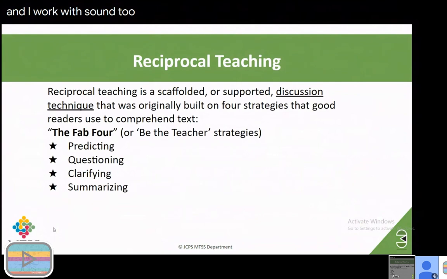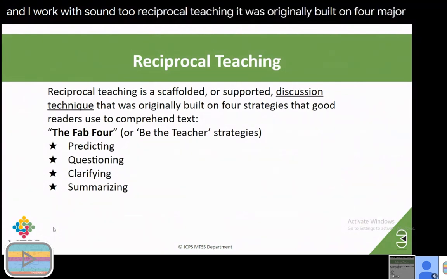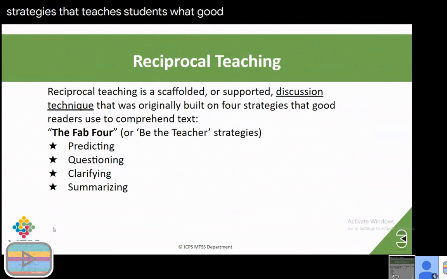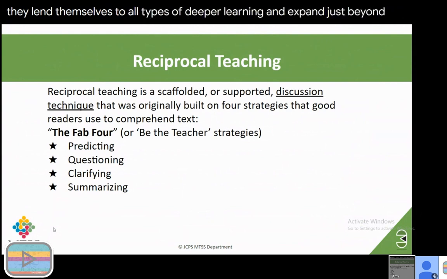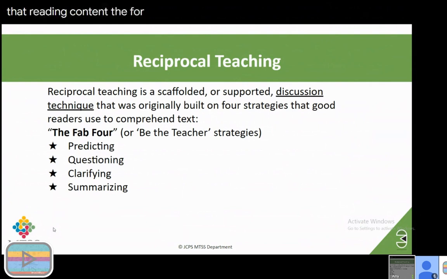So reciprocal teaching was originally built on 4 major strategies that teach students what good readers use to comprehend text. As we've learned over time, these strategies are not just reading strategies, but they lend themselves to all types of deeper learning and expand beyond reading content. The 4 strategies have been coined the Fab 4, and that is, as you can see on your screen, predicting,